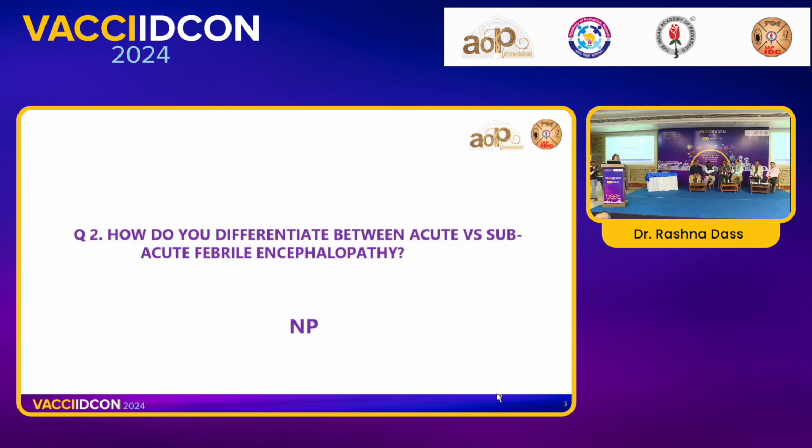Is it important for the etiological diagnosis? Yes, etiologically the acute ones are more like viral, bacterial, very rapidly progressing ones. The subacute ones are usually related to organ failures or very chronic infections like TBM. So etiologically also it is very important to differentiate both of them. Yeah, so I think in our setting we should always have TBM in the background if we have a subacute presentation, but of course it is known that even TBM can present acutely.